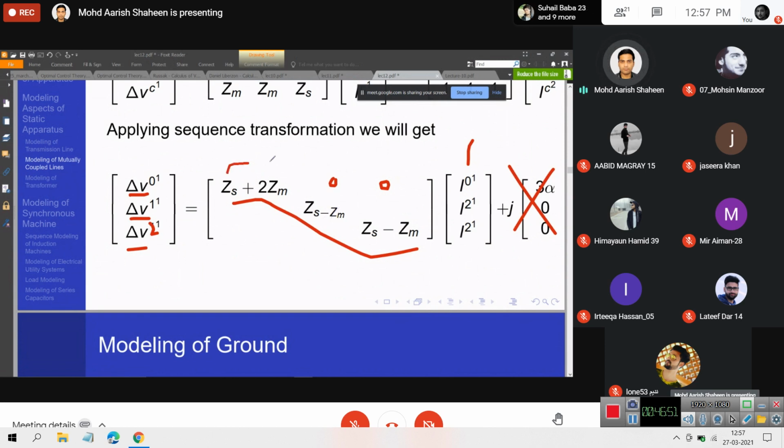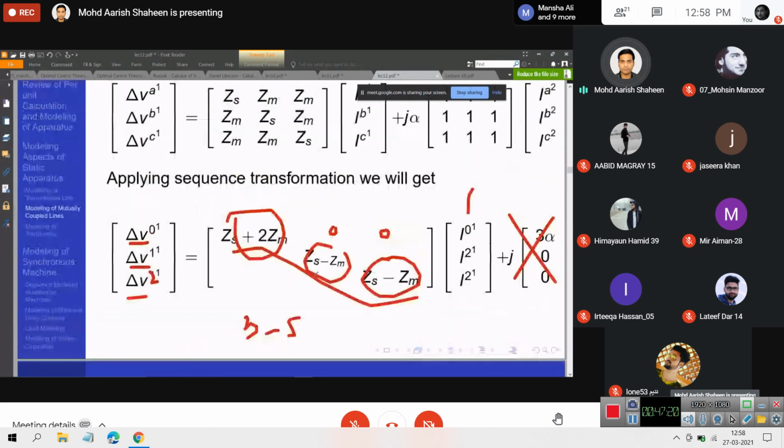So this zero sequence impedance is typically much larger compared to the positive sequence and negative sequence impedances. In this particular case, negative and positive sequence impedance of a transmission line are the same. Zero sequence impedance is substantially larger. Typically, it may be 3 to 5 times the positive and negative sequence impedance, which is a very important thing. What does this mean? Your transmission line will oppose the flow of zero sequence currents much more powerfully than it will oppose the flow of positive and negative sequence currents.